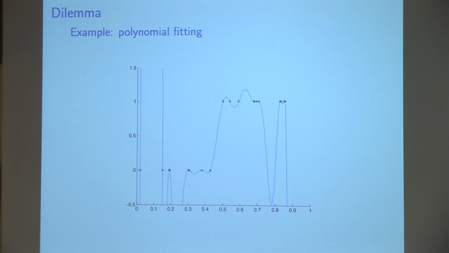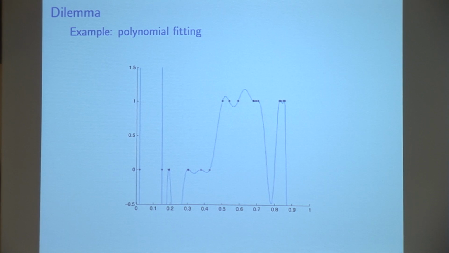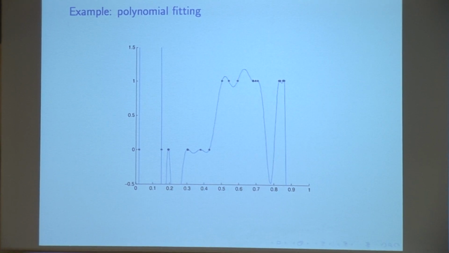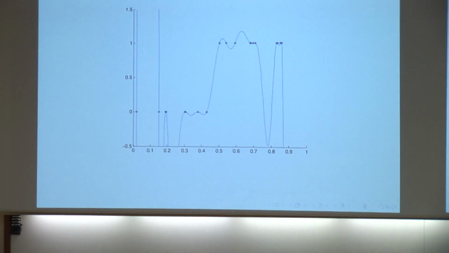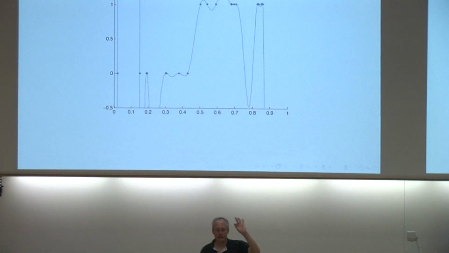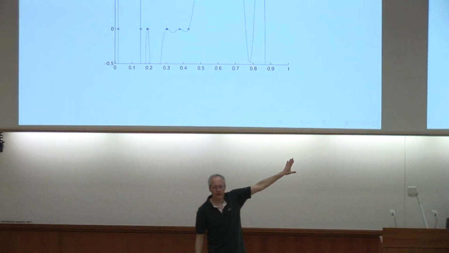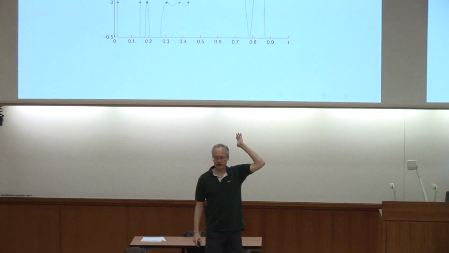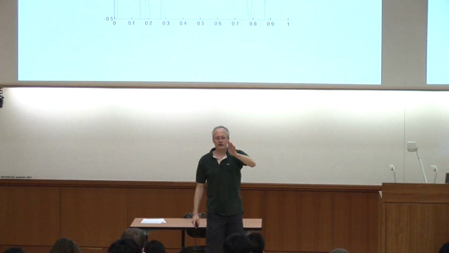The thing you notice about these polynomials is they're wildly unstable. So if you look at something like this, if I take these data points, and I take one of those data points and I just wiggle it a little tiny bit, I forgot to make the plot, but if you wiggle one data point a little tiny bit, that polynomial is just going to flop around like mad. Okay? Here's another way to look at it.